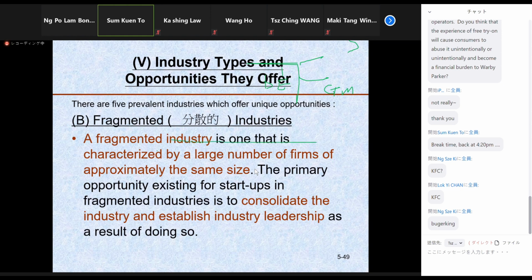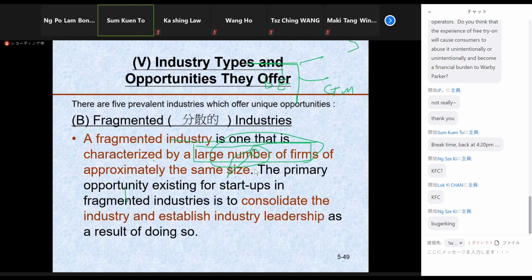And there are a large number of operators. Unlike supermarkets, which are occupied by giants like Park and Shop and Wellcome. In the presentation just now about Warby Parker, at one stage they were occupied by giants, so it was not fragmented, because one big company occupied 80% of market share, which is no good. However, when we have a lot of small operators here, not a large number,